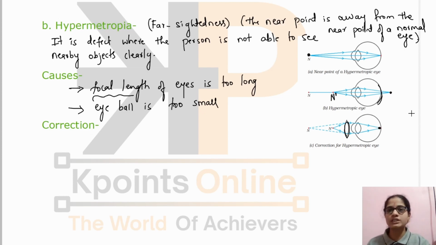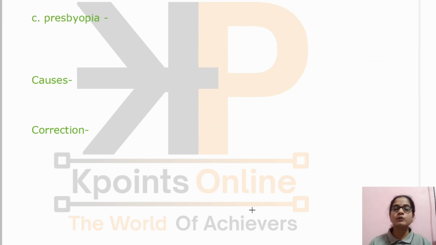They are not going to converge further away from this point, because we have used the convex lens in order to converge them at a nearer distance, that is, at the exact distance where the image can be formed on the retina. So the correction that we can use is the convex lens. In order to correct this disease, we have to use the convex lens. So all clear about hypermetropia? For hypermetropia, we will use the convex lens for correction. Now, the next